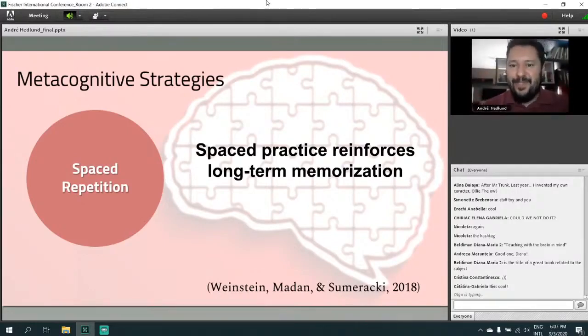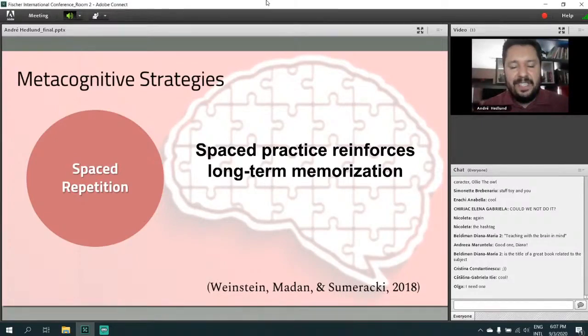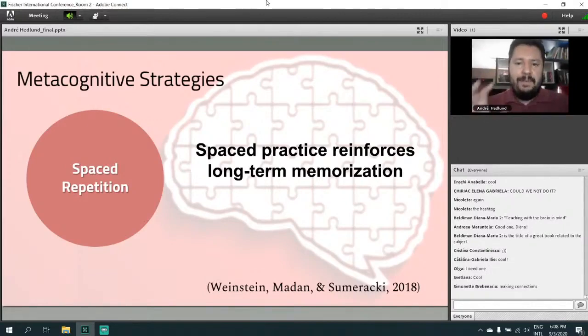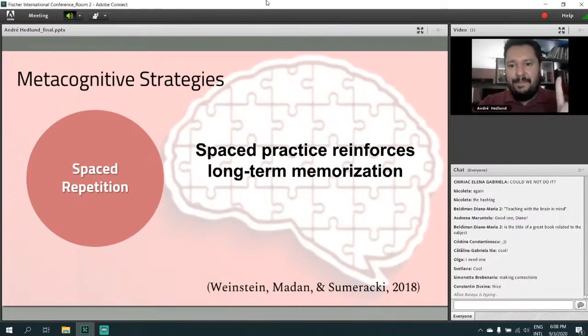So, and how do we do that? We do that when we are sleeping normally. So, memory consolidation occurs during our sleep. So, if you practice everything now, like cramming, rote learning, just revising on the same day, it's going to take forever. You're going to take many, many repetitions to remember this information for a long time. But if you practice over the course of a month or 2 months and you start spacing, the last time you saw it, the next time you see it again, and then the next time again, and you put some space in between, that's good for your brain. That's good for your memory consolidation.